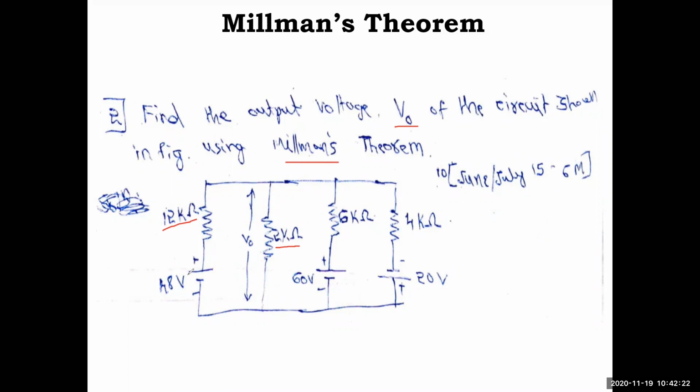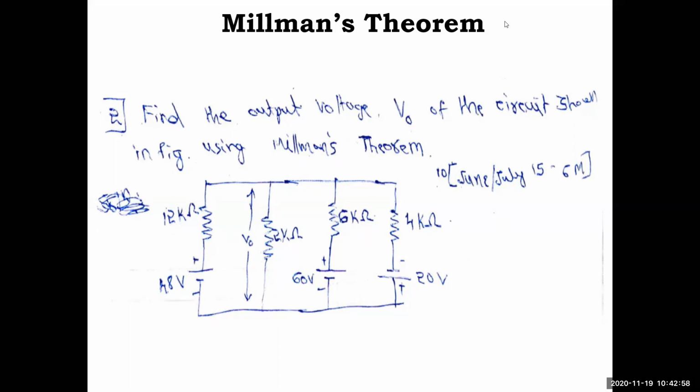Okay, so now see the polarity wise. This one is plus minus, this one plus minus, here you see minus plus. Okay, either you can change this in the formula, or you can write it as plus minus, minus 20 volt. Okay, so minus plus 20 volt is equivalent to plus minus minus 20 value. Okay, so this is something you have to note down in this problem. Otherwise the answer will come out wrong because its polarity is reversed. Okay, hope you have noted down this question.